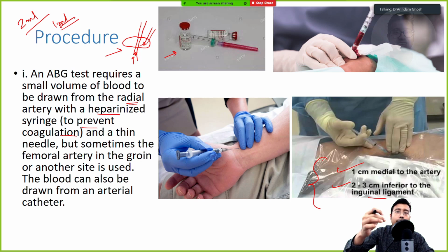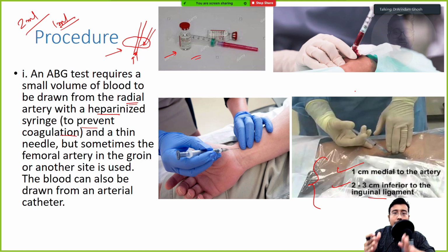And number 2, when you draw blood, you will see whether it is bright red or dark red, so you get an idea. Another site may be behind the medial malleolus, that is the arteria dorsalis pedis. So these are the superficial arteries that we target in order to draw arterial blood. So number 1, heparinized syringe. Number 2, we need to locate and draw the blood from either the femoral or radial artery. There is also something known as an arterial catheter. These are procedures where we directly insert a needle and draw blood.